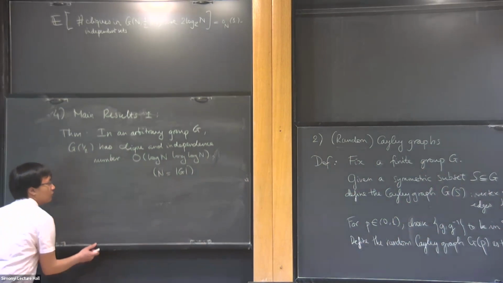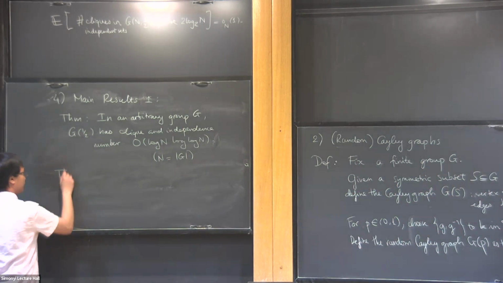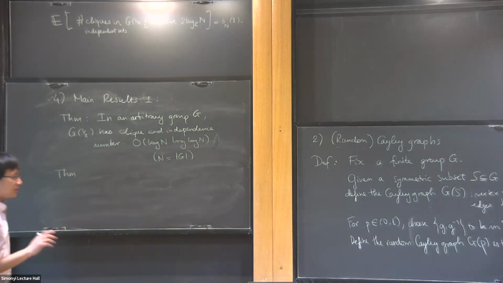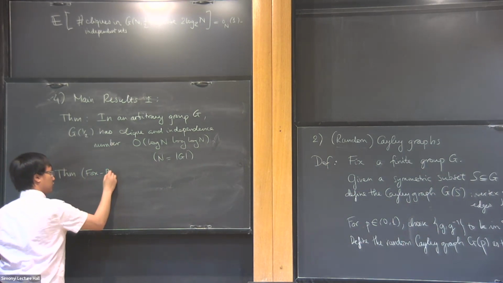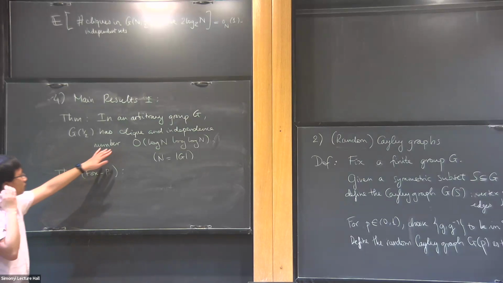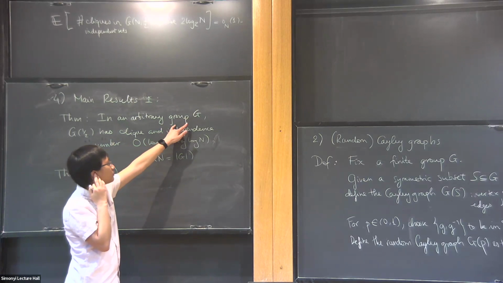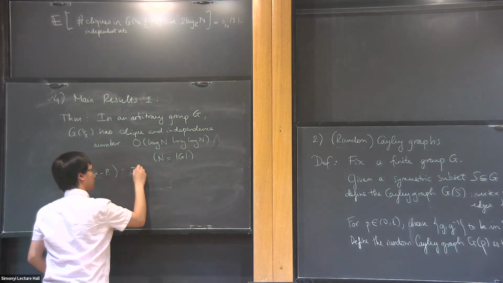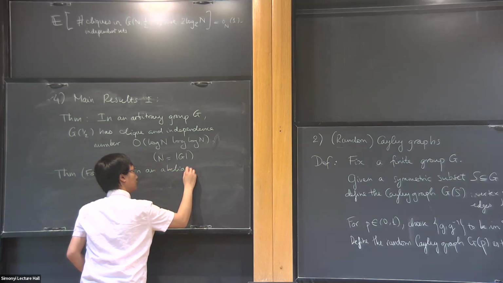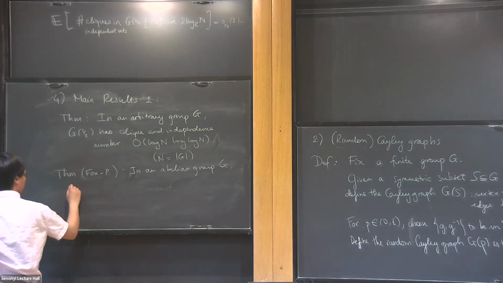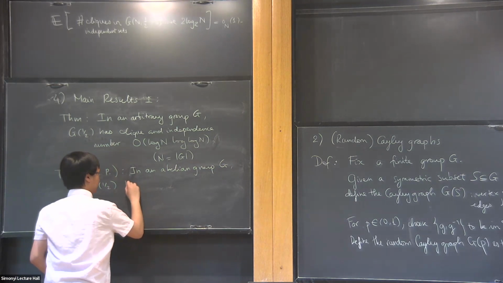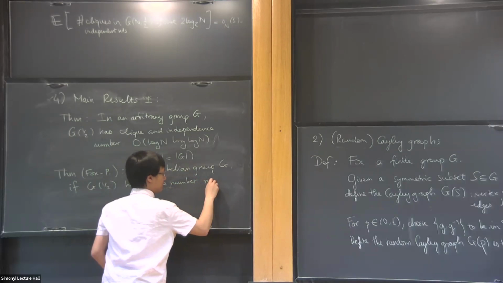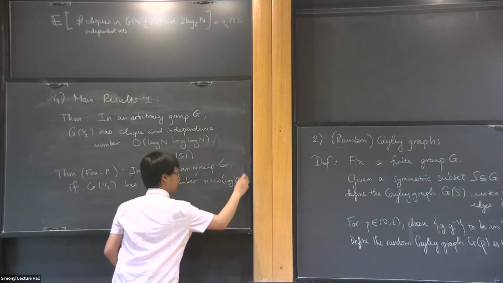And in fact, with a much harder argument, pulling in a lot of the techniques that I covered in yesterday's talk with Jacob, we can prove in some sense that if a uniformly random Cayley graph fails to be Ramsey, then we can actually extract some structure of the group G that makes it look a lot like Fp to the D. So we show that, now this is in an abelian group G, if G(1/2) has a typical clique number, let's say little n, which is omega of log |G|, then